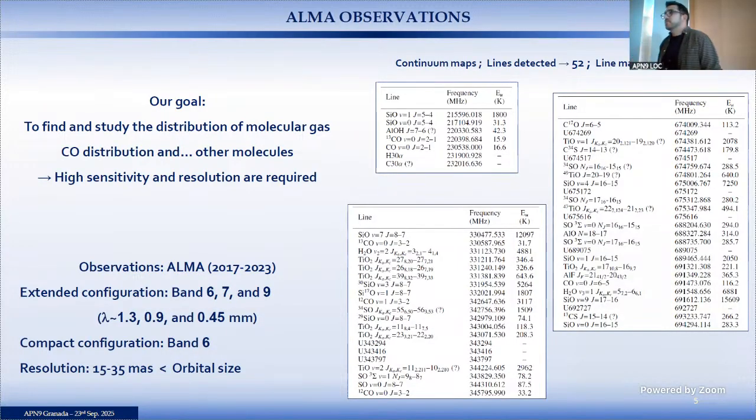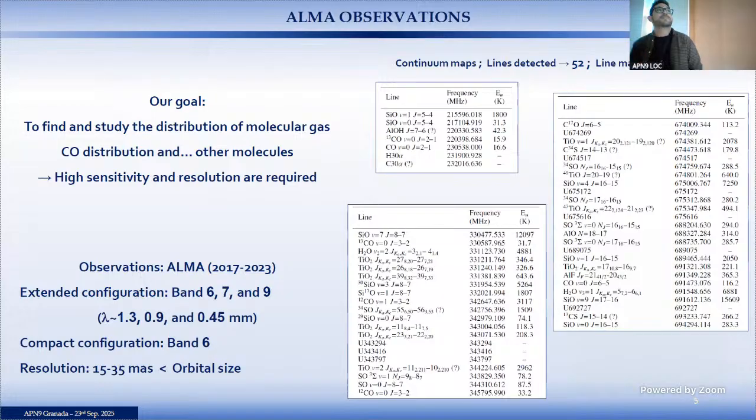After observations, calibration, self-calibration, cleaning, imaging, we finally obtain maps with a very high angular resolution, between 15 and 35 milliarcseconds, and that means that we can resolve structures with sizes smaller than the orbital size. So we can explore, for example, the